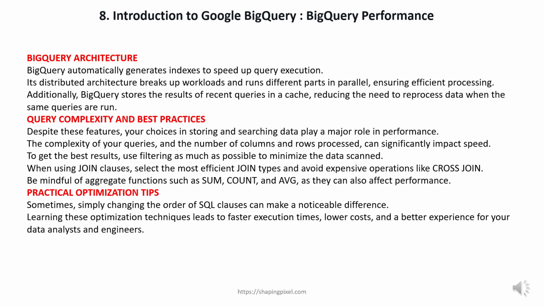Be mindful of aggregate functions, such as sum, count, and average, as they can also affect performance. Sometimes, simply changing the order of SQL clauses can make a noticeable difference. Learning these optimization techniques leads to faster execution times, lower costs, and a better experience for your data analysts and